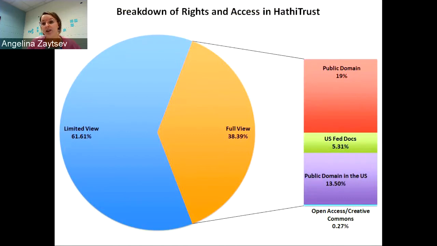And in addition to those public domain worldwide books, we also have the U.S. federal government documents, which do not have any copyright restrictions, so those are also available to users worldwide. And then we have about 13.5% of our collection, which is only viewable to users located in the United States. And finally, there's this tiny sliver of 0.27% of the HathiTrust collection, where we have received permission from copyright holders,